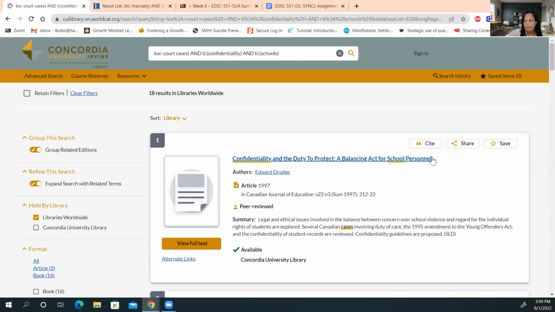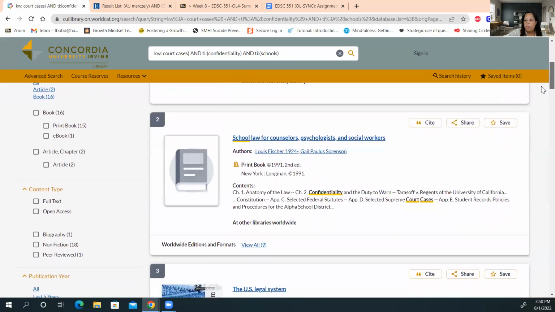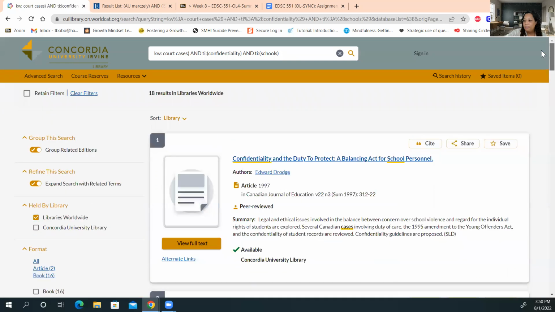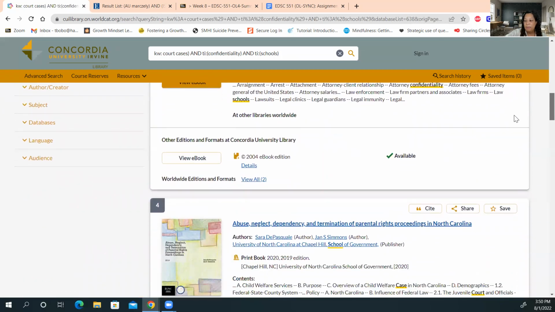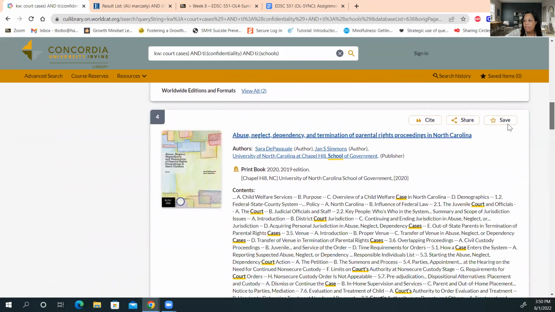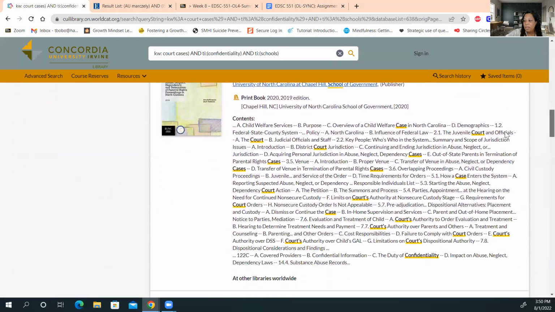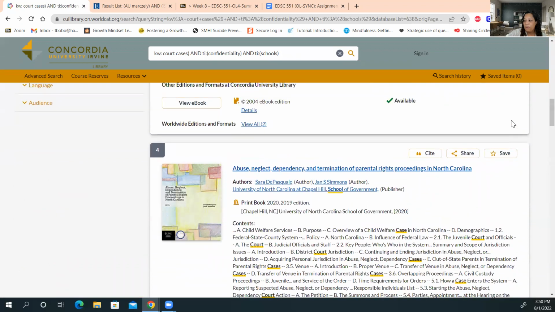All right, so now we have a better search. Here's an article in 1997, Confidentiality and the Duty to Protect, Balancing Act for School Personnel. So we're getting more through this. Articles, there was only 2. It gave us a few more, but this is how we kind of break it down to neglect and parental rights for North Carolina.